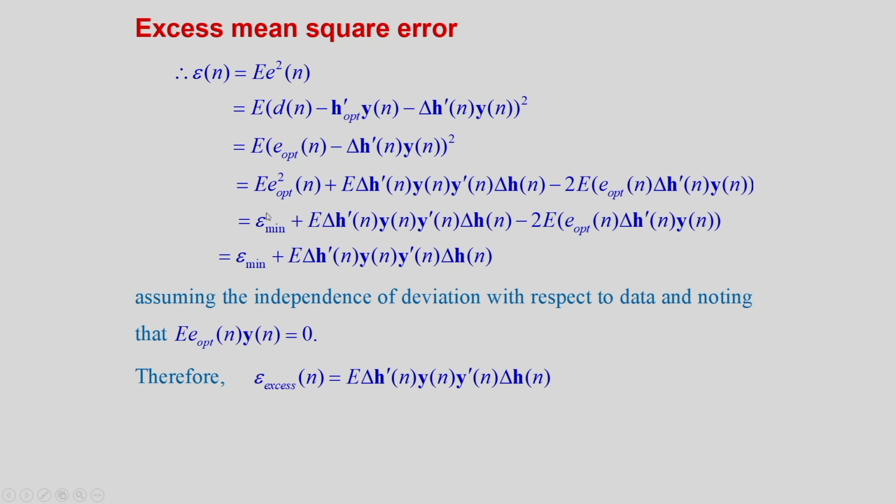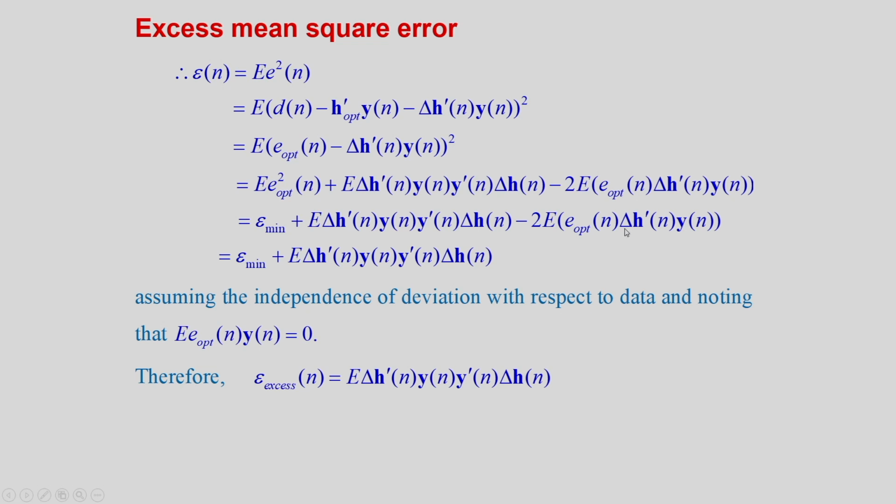So, that way we can write MSE is equal to the Wiener filter mean square error plus E of delta H n transpose y n y n transpose delta H n, because this term will become 0 because of the independence